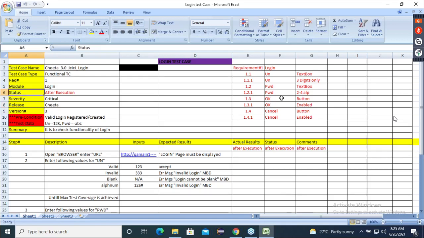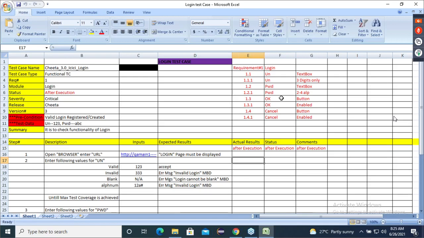You have written test case name, test case type, requirement number, module, and also the description: open the browser, enter the URL, inputs. The complete test case is written, but we don't have 2 attributes. What are those 2 attributes? I'm not saying you have not written them, I'm saying we don't have them. Precondition and test data are not there in the test case.